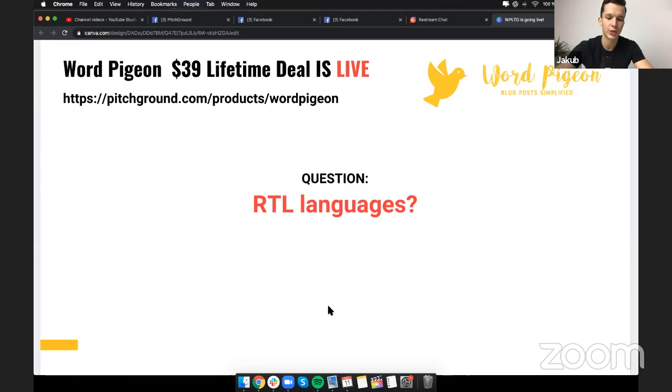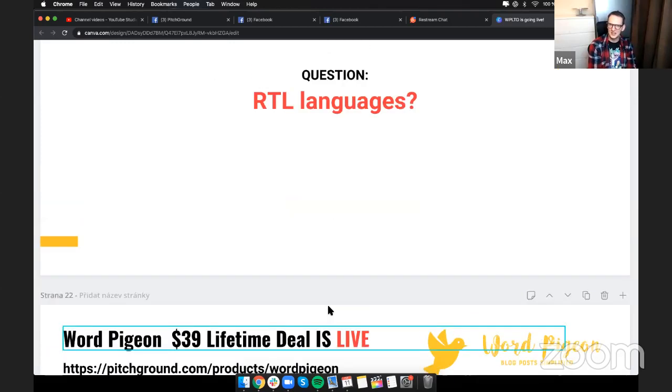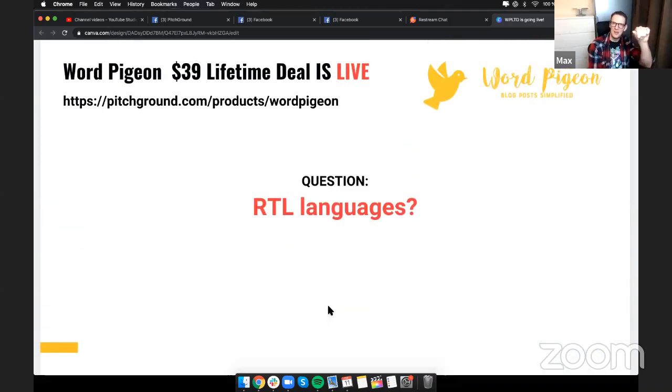Right to left languages. I know exactly who's asked this question. I think it's Deeb, because I've been watching his comments on Facebook. Of all the things on our roadmap, it's one of the first things we're going to look at. I've had a look at the way that Google Docs treats right to left languages, and it seems that